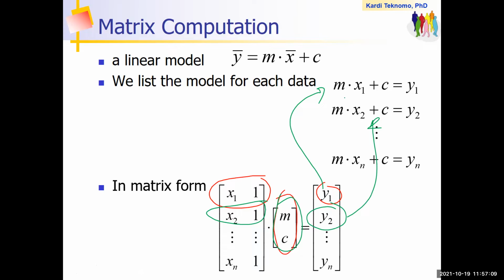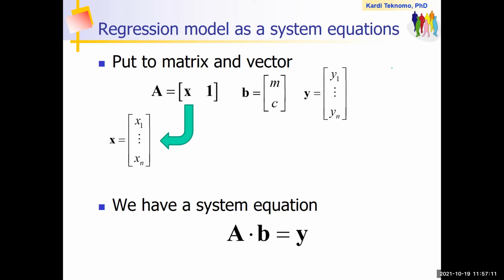So next, once you put it into matrix representation, you have matrix A, let's call this matrix A. Your parameter is vector B, which consists of m and c, and then you have your data again, which is Y, y1 until yn. The X here is actually x1 to xn. So then what we have is what is called a system of equations: A times B equal Y. How to solve this is using